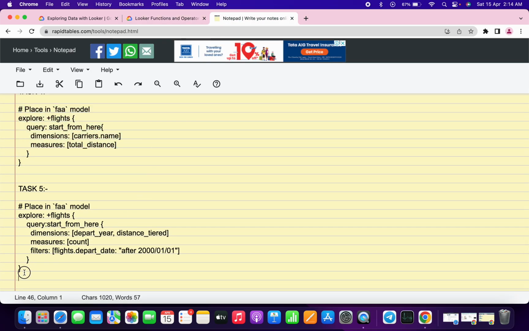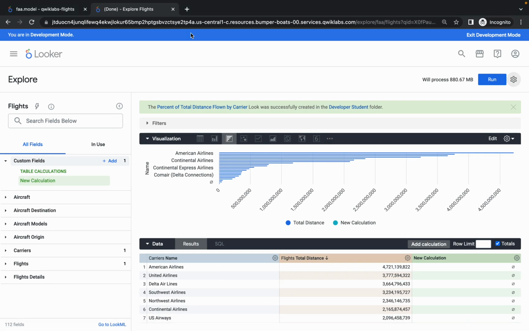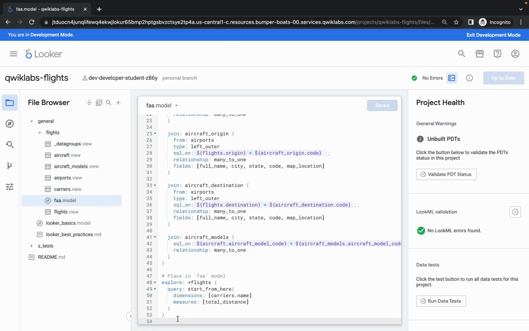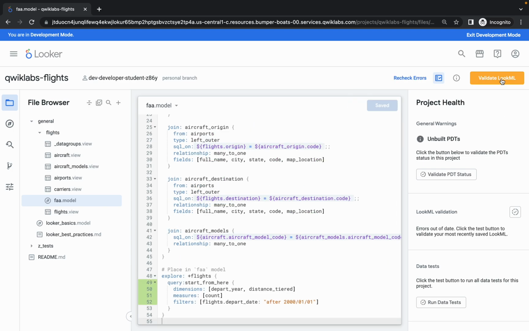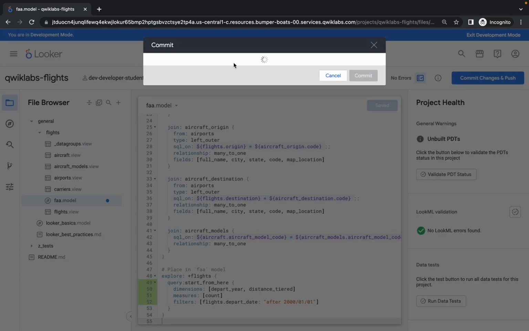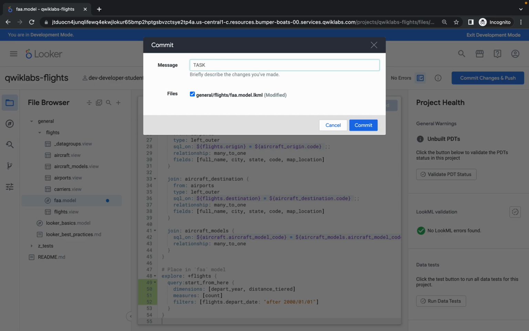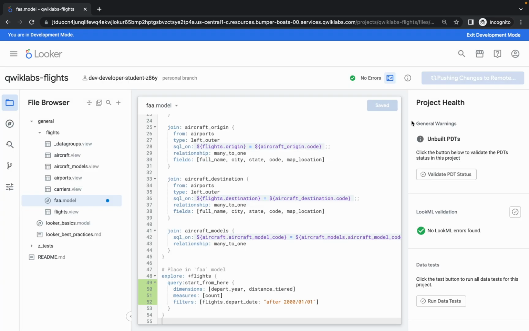Again do the same thing, copy the command, close this tab, again replace this command, like this. Okay, click on save, validate, it's done. Click on commit, and task number 5, click on commit, click on deploy to production, and it's done. Now open this in a new tab again,